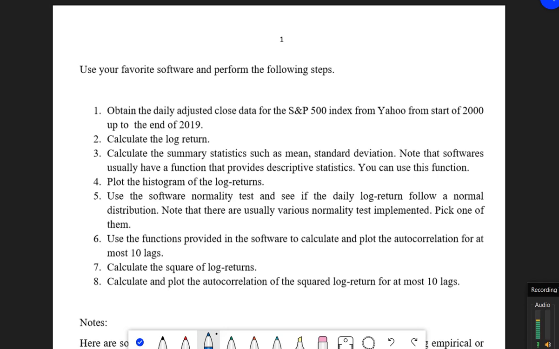Empirical exercise for the course, a statistical method in finance. In this exercise, you are supposed to use your favorite software, whatever software you are comfortable with. There is no obligation which software you use, but you are required to obtain daily close data for the S&P 500 index from Yahoo in some specified dates, and calculate the log return, calculate the summary statistics,